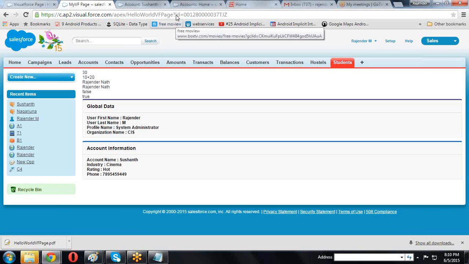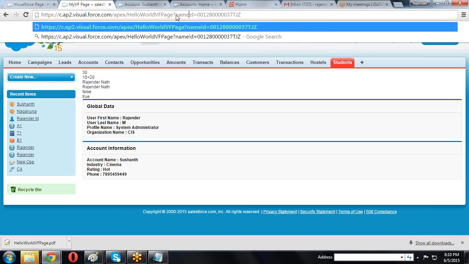Here some extra information: name equal to Vijay or Rajendra Nath, and name equal to Rajendra Nath, and salary equal to some 60.